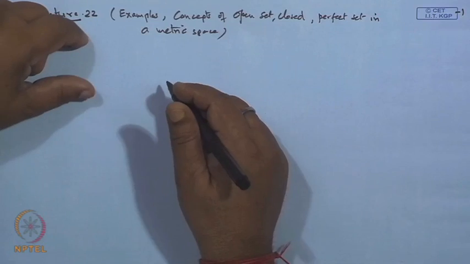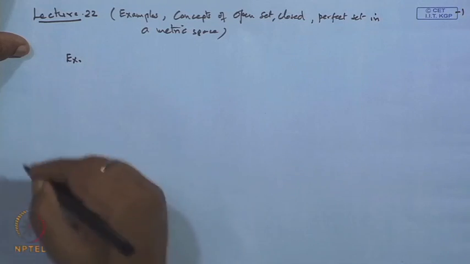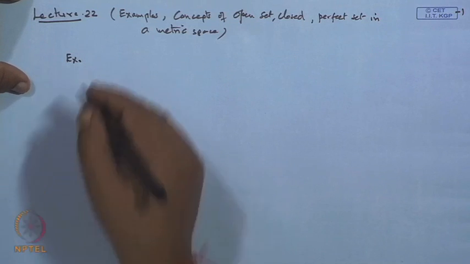So, in the previous lecture we have introduced the concept of countable sets and a few examples, where we have seen countable sets and uncountable sets. Here we will continue with the same countable sets with a few more examples. So, the first example, let us say, the set of all